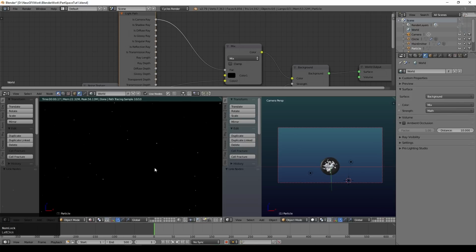Now you can see all those anomalous stars that were in the middle here, which shouldn't be visible, disappeared. Take it away, they come back. So that's just a nice quick way to clean that up. So now our black object really does occlude the stars as you'd expect it to. And you can see there's our particles and there's nothing in the middle.